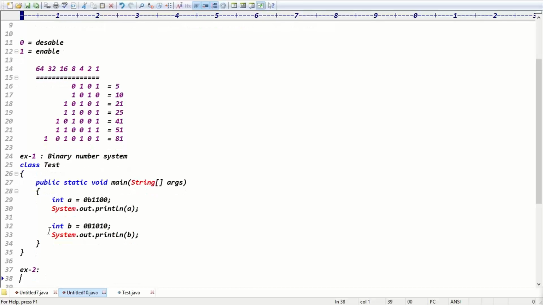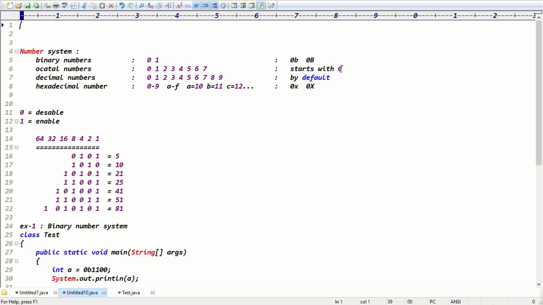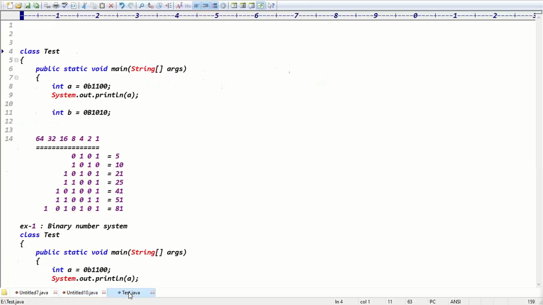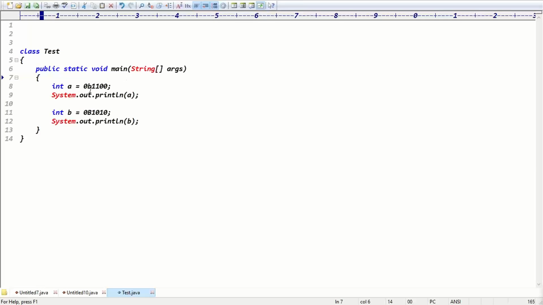And what is the second one, guys? The second one is the octal value, right? Octal number system. In the octal number system, any number that starts with 0 is called an octal number, right? Exactly. A number starting with 0 is called an octal number. You can write like 0123, then this number is called an octal number. 0123 and 0133, something like this.